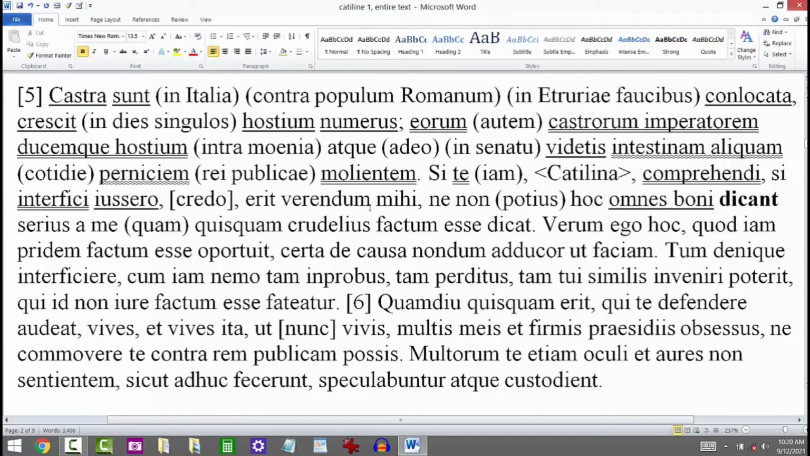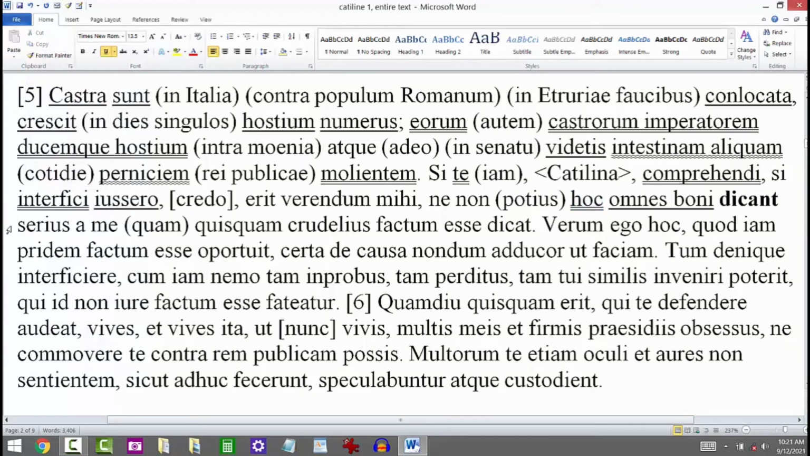All right. It will be necessary for me to fear lest not rather that all the good men say hoc factum esse a me serius. Okay, did you hear the order I put that in? That would be the order in English. Not rather that all the good men would say. So we have the ut clause here setting up this subjunctive. Not that all the good men would say hoc, that